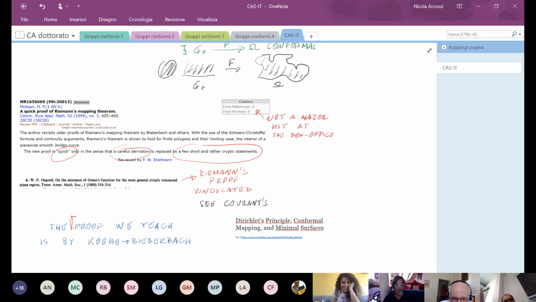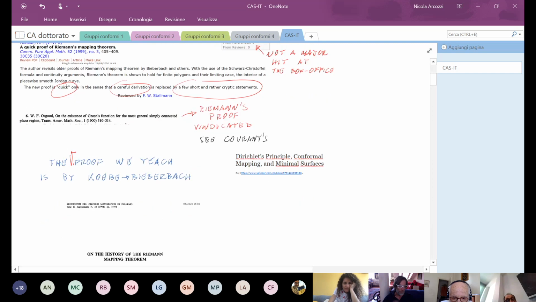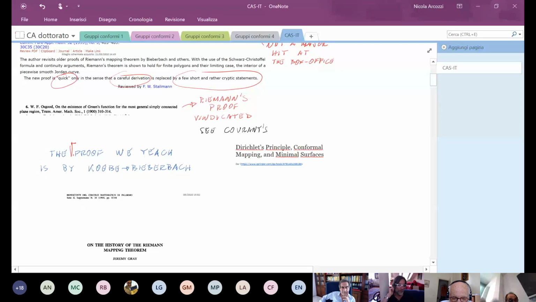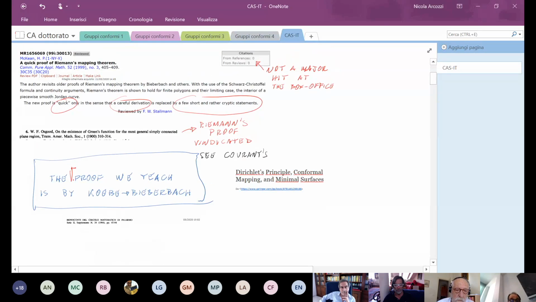So the goal of this seminar is just to go through these cryptic statements and make them more orthodox somehow. About the Riemann mapping theorem, the proof we teach uses the square root and an extremal problem for the derivative of a map from the domain into the unit disk. It goes back to ideas of Koebe and Bieberbach, so it's very old. But the proof of Riemann was quite different. It was based on